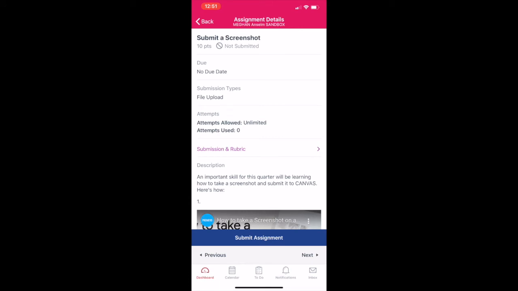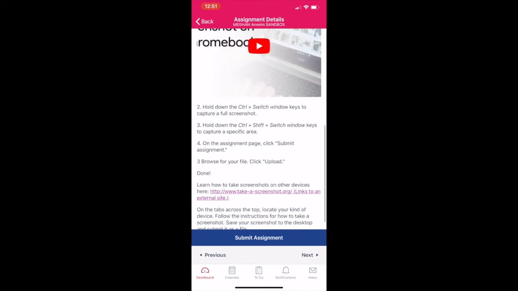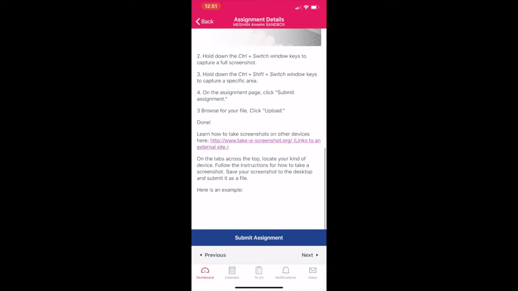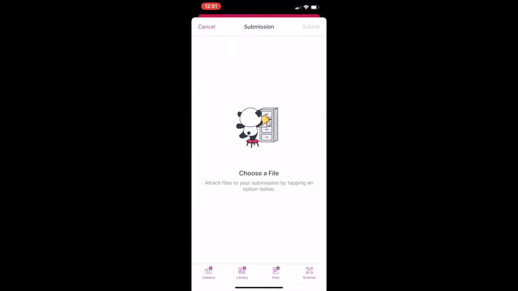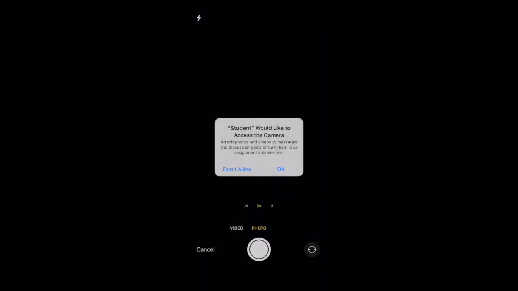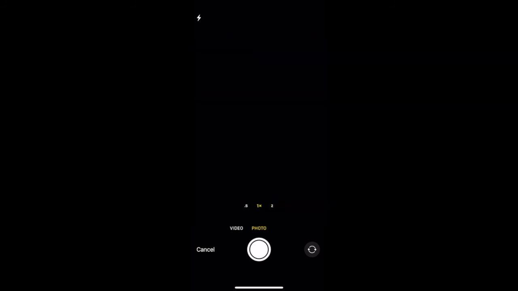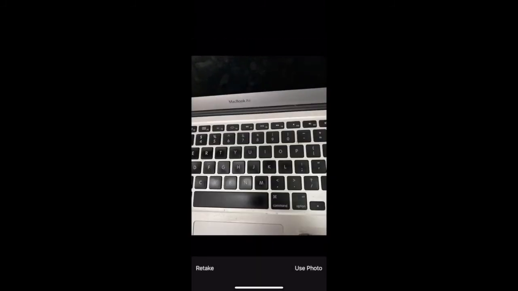And you want to go to a file upload. I want to click submit assignment. And you can choose a file. So you can just take one with your camera right then. We're going to allow it to access it. So like, let's say here are my notes. I take the picture, use photo,